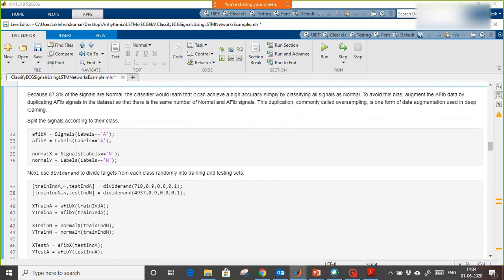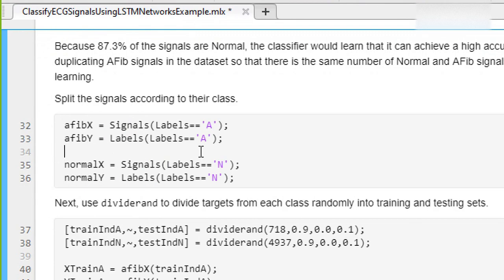Now in the next step, we are extracting abnormal input samples. If I give this command, it will give me the index wherever this label is equal to A. I will get the logical index as 1 and 0, and I am extracting the signals which are abnormal.